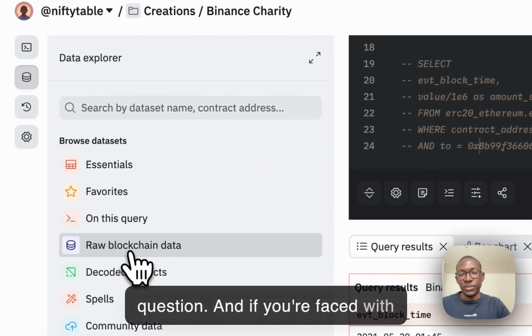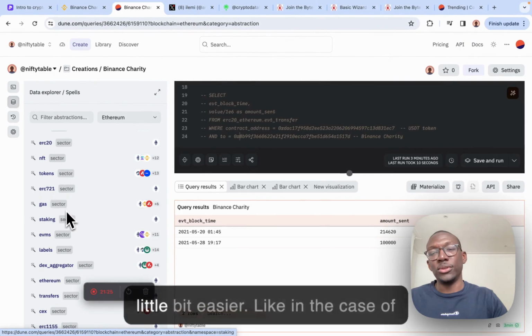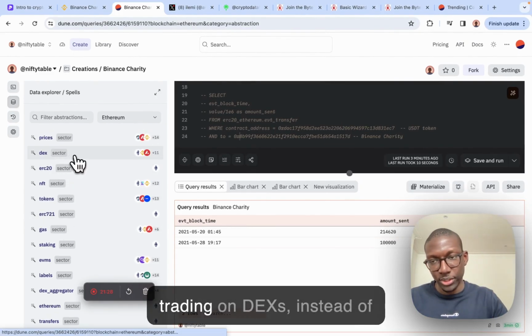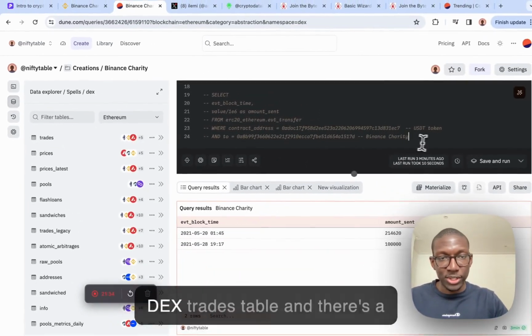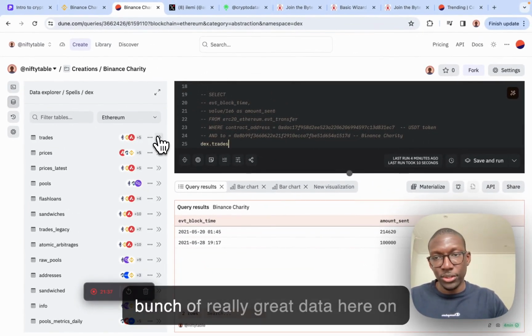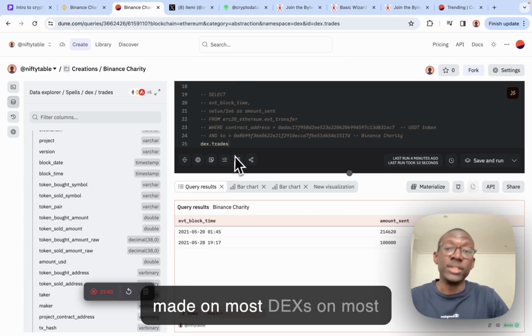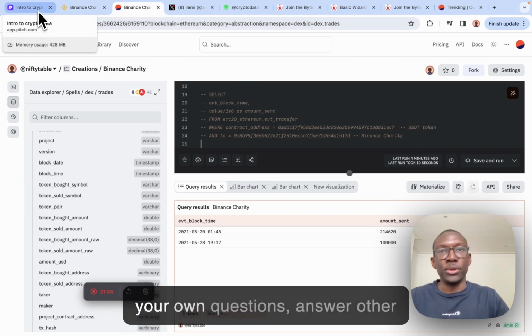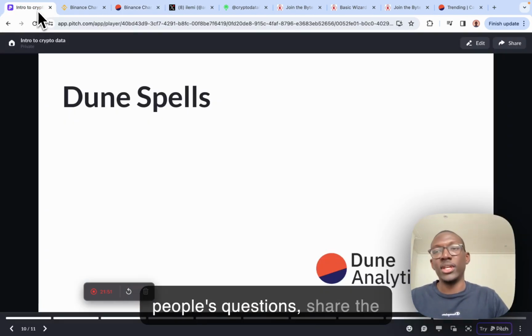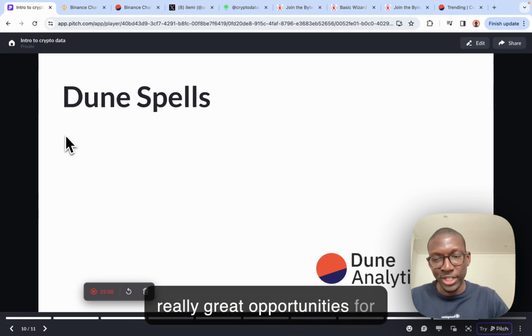And if you're faced with a problem that's too hard, you can use a table that somebody else has made so that the work's a little bit easier. Like in the case of trading on DEXs, instead of having to do a bunch of pre-work yourself, you could just go to the DEX trades table, and there's a bunch of really great data here on every single trade that's been made on most DEXs, on most chains. And yeah, you can just play around with that, answer your own questions, answer other people's questions, share the things that you're researching online. And after 6 months of doing that, I promise you'll find some really great opportunities for yourself,